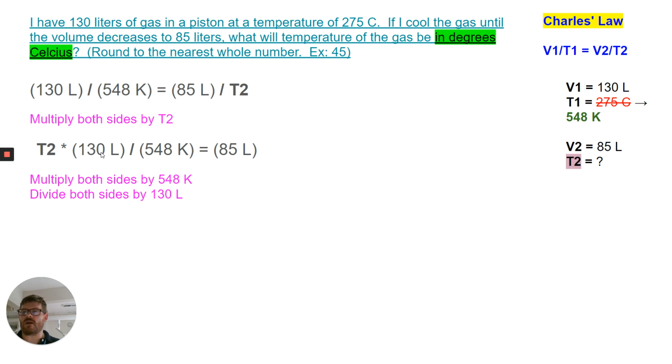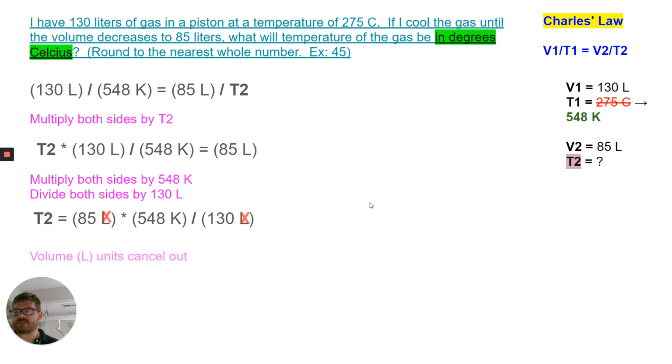So in doing these two steps, that's going to isolate this by itself, and all of our numbers will be on the right side. So it's going to end up looking like that. 85 liters times the reciprocal number there. Next, the liters are going to cancel, liters in the numerator and the denominator, leaving us with just our temperature in Kelvin. So plug that into your calculator. Oh, and then before we do that though,